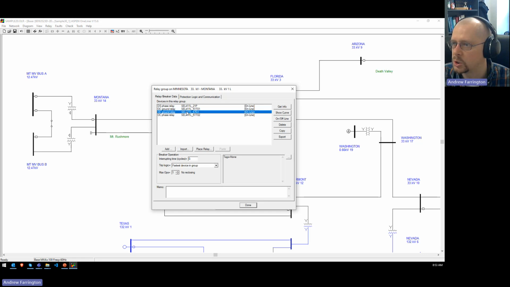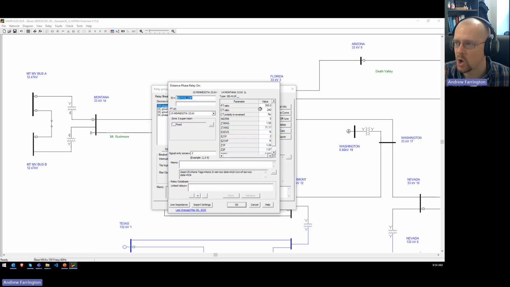And now it's modeled each of those relay functions: the distance element, the phase time overcurrent element, the ground instantaneous element, and then the ground time overcurrent element. So it modeled all of those different functions, which saves a lot of time. But I would caution you to make sure that you check this when you've imported it, and not for the accuracy of the import, because I'm confident all these values are the correct values from the settings file. I'm confident that Aspen set that correctly, but